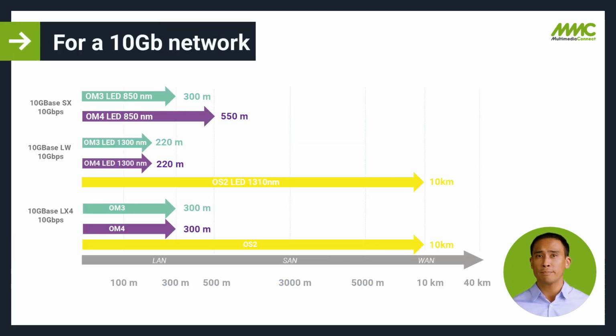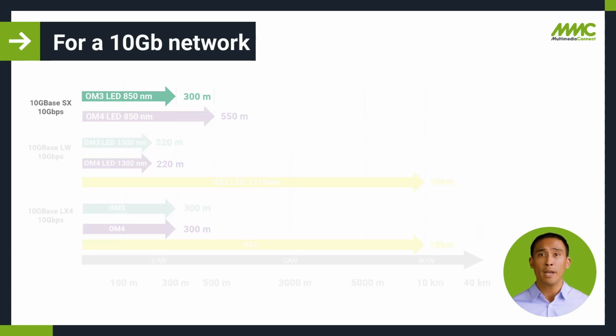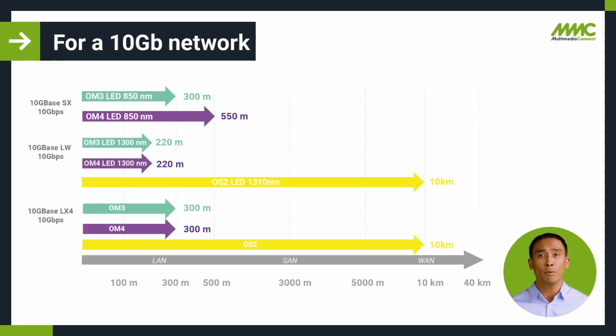Here's another example. On a 10 gigabytes network, the 10 gigabytes SX, the maximum length of the OM3 fiber is 300 meters. The maximum length for OM4 fiber is 550 meters. So to transmit 10 gigabytes on 400 meters, then I have no choice but to use an OM4 fiber. Why? Because with OM3 fiber we're limited to 300 meters. That's why it's important to know your network protocol and its maximum transmission length in order to choose the correct optical fiber. Once I know the type of optical fiber, then I determine the type of fiber cable.